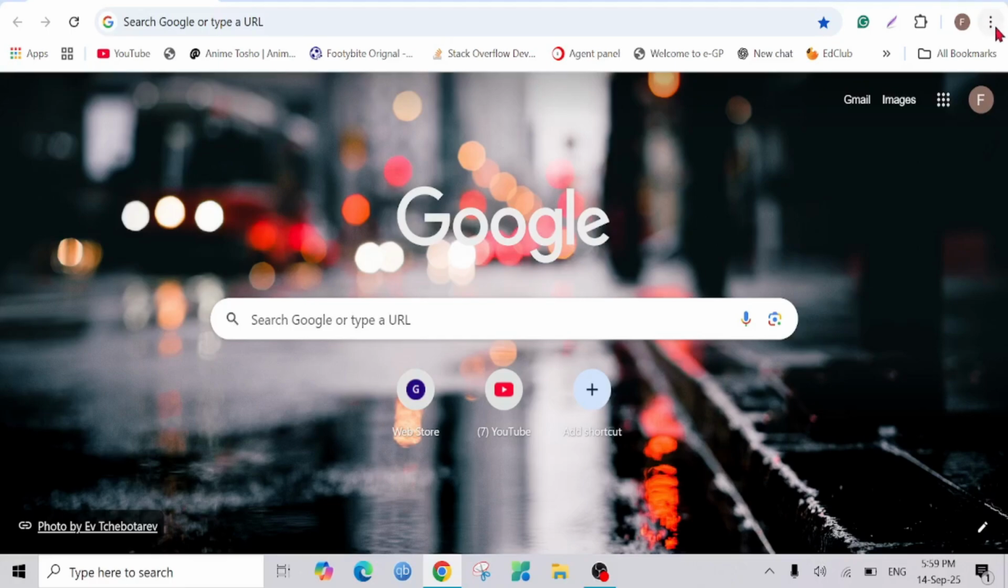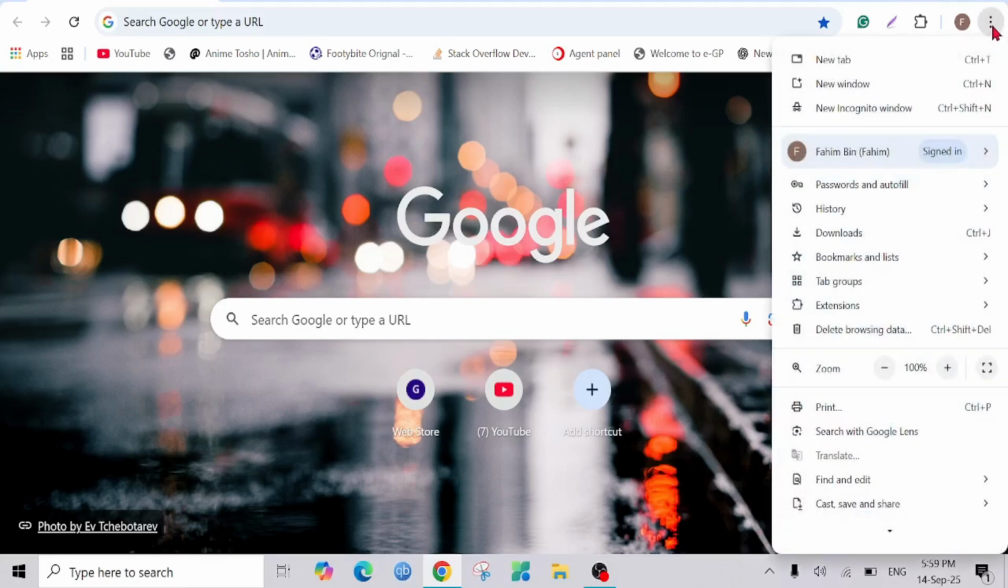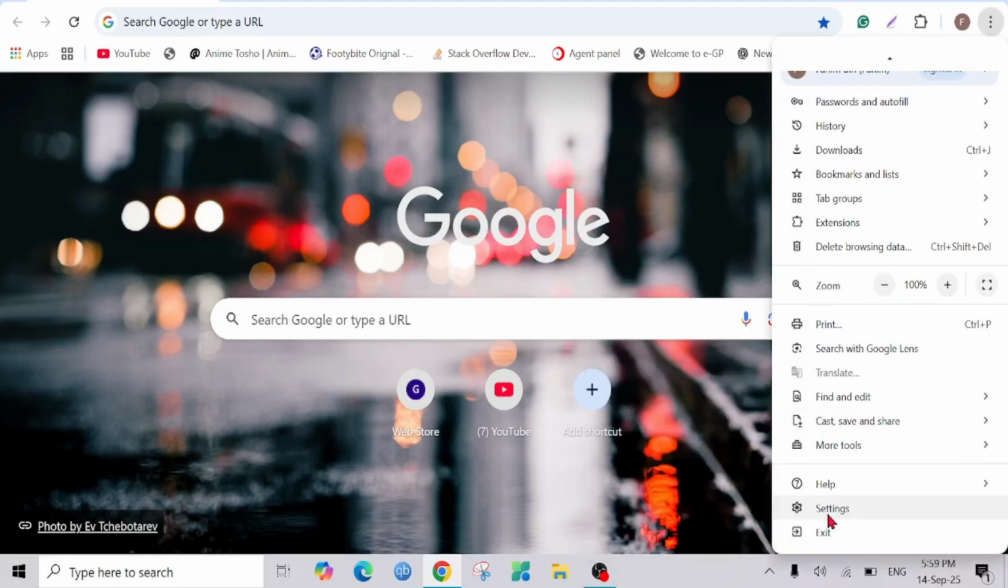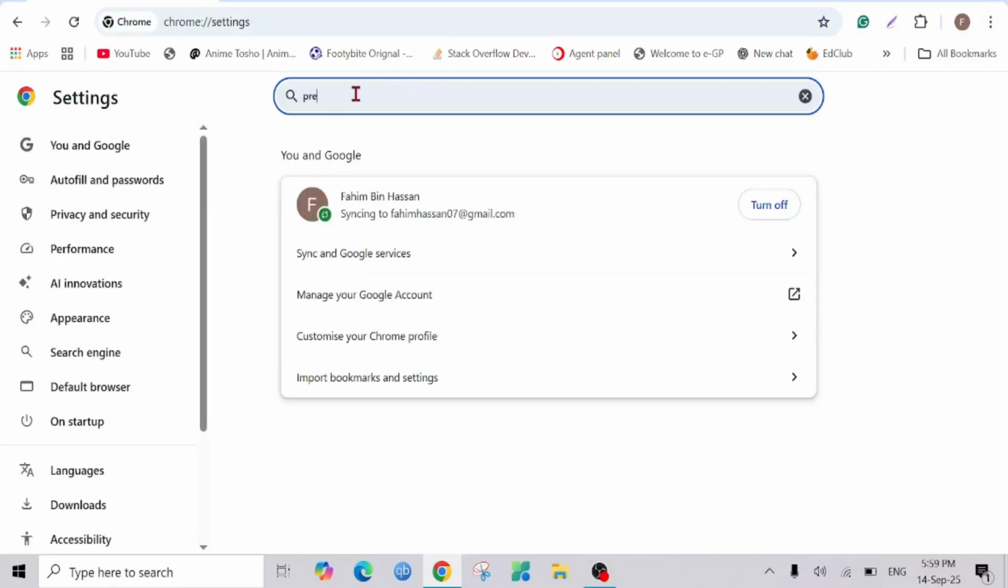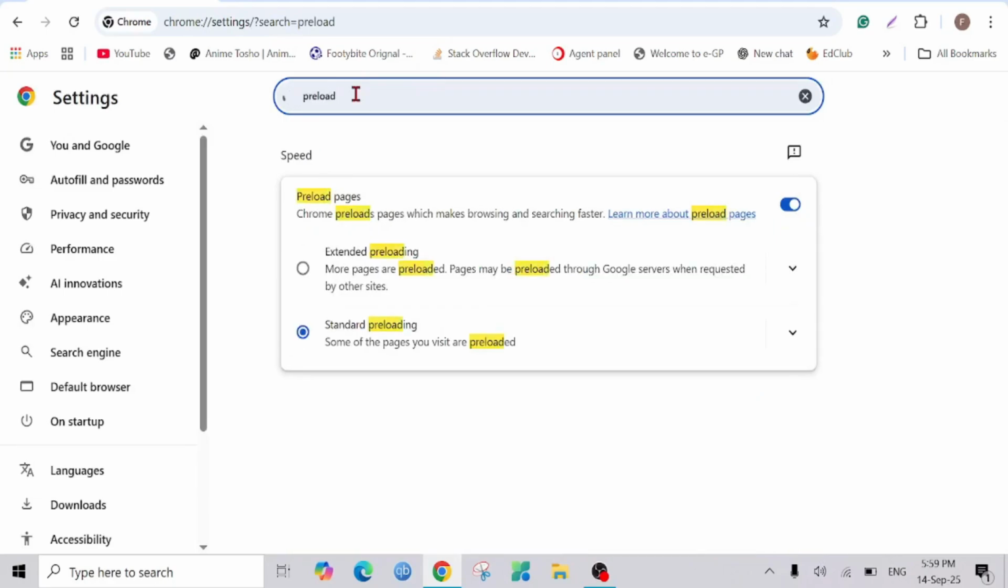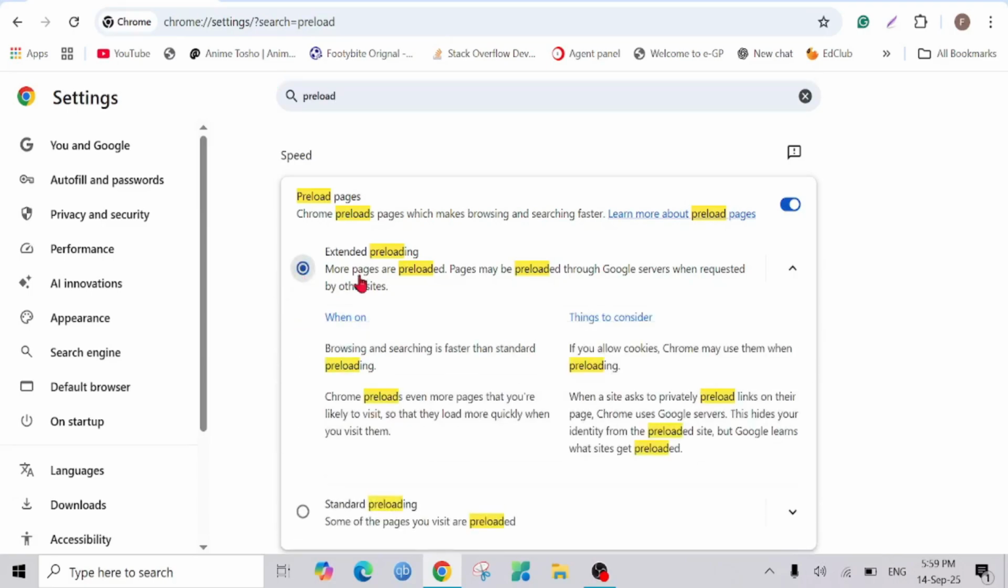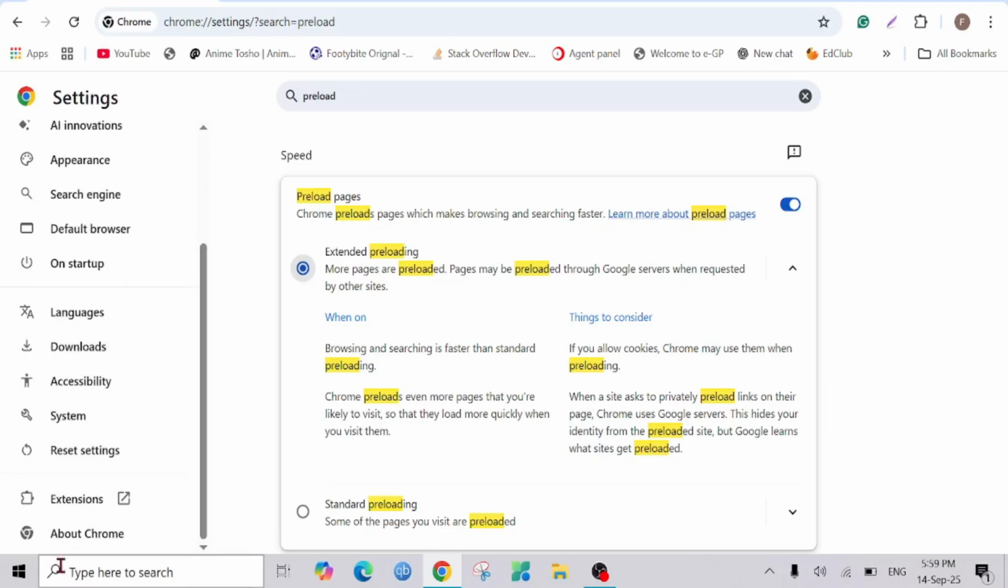First of all, select those three dots on top of your right corner and scroll down and go to settings, and here just type preload and make sure this preload pages is on, and also click this extended preloading. This is the first way, and after that scroll down and go to about Chrome